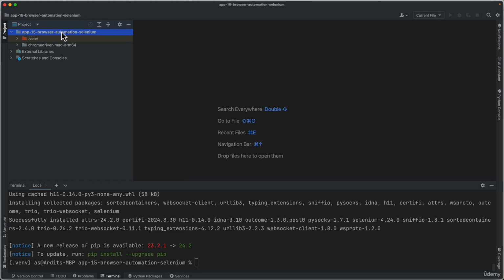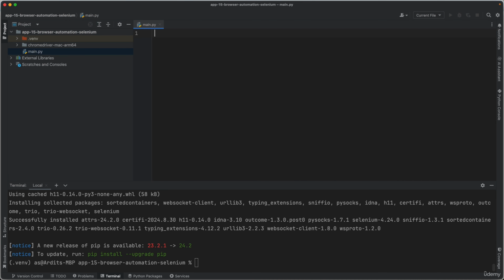Now let's make a quick test to see if Chrome driver works correctly. I'll create a Python script. Let's call this main.py. We need to import from Selenium, which is the library we just installed, import WebDriver. WebDriver is the main object we will use here. And then we also need a service object, which comes from